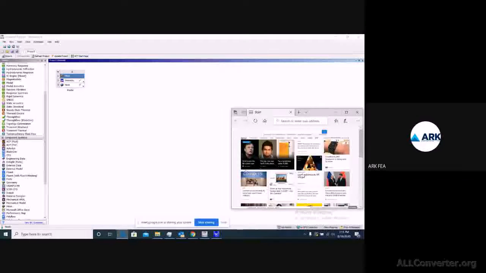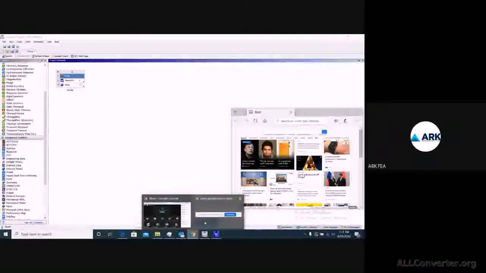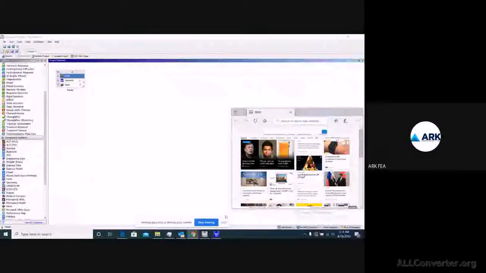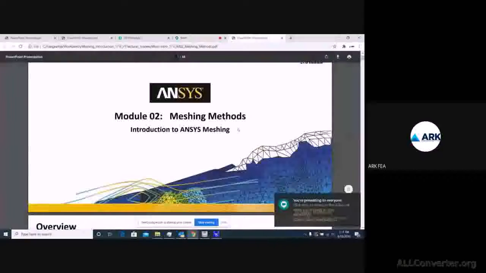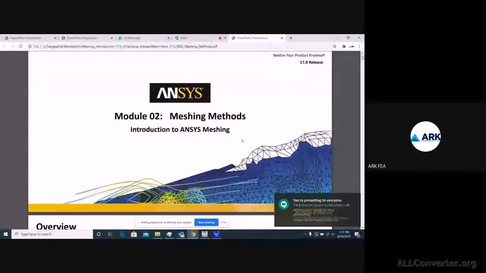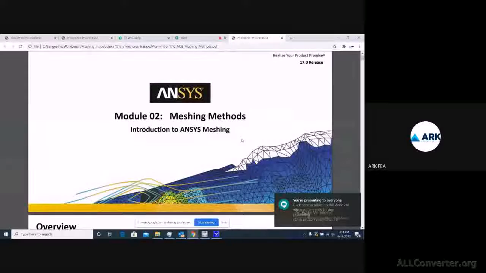Right? So we have a mesh related file which I'll be showing you. Yeah, I hope my screen is visible.